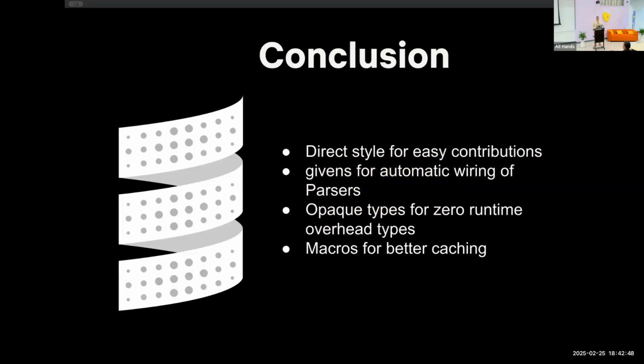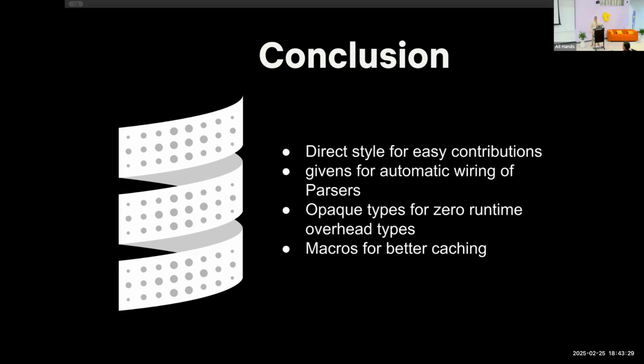So yeah, simple trick. Let's wrap up. What did we do? We used what's now called direct style programming for easy contribution. Basically, anyone can contribute without really knowing how to do functional programming. And yet we kept the safety of getting the value out of it, in a safe space. Usually you would flat map, whatever, and have a for comprehension to make it look like you're not mapping over things.